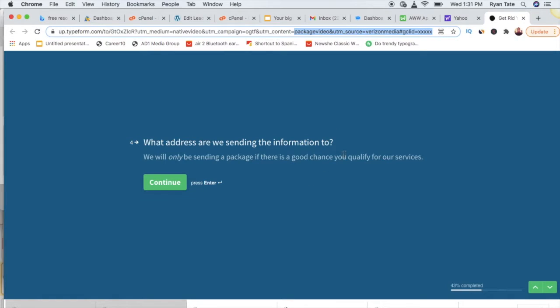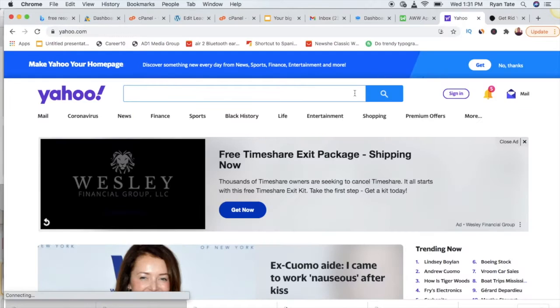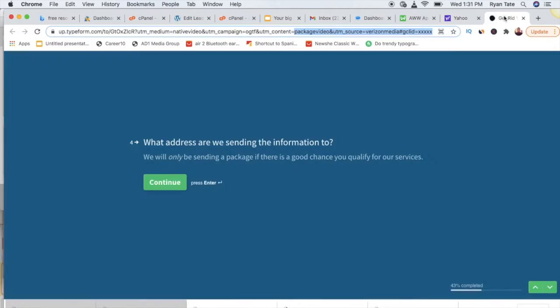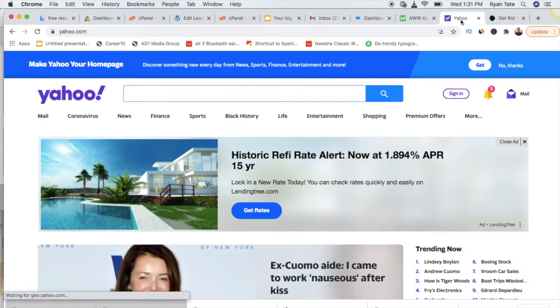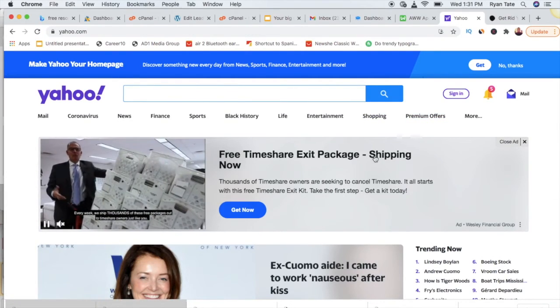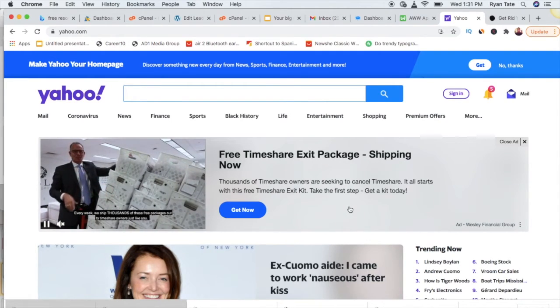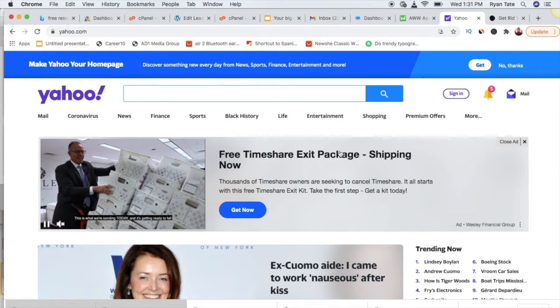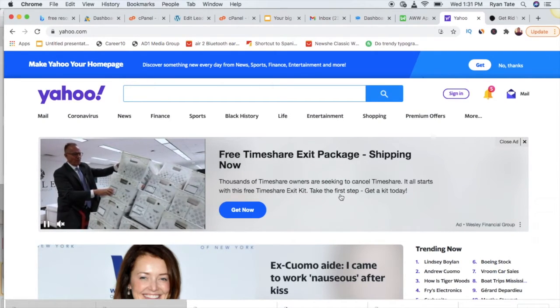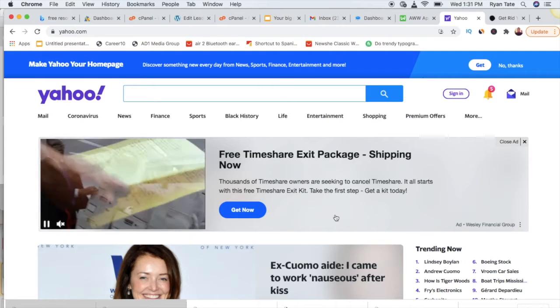They're probably tracking on the back end if I'm a male or female, or what my IP address was, why I clicked on the ad. This company is in Las Vegas, Wesley Financial. They are here in Las Vegas, and that's where I am, and that's probably why I saw the ad, because they're in my home city. They were targeting me based off location. So sometimes adding targeting elements will help your ad perform. Obviously, since their company's here in Las Vegas, they're targeting me since I live in Las Vegas.